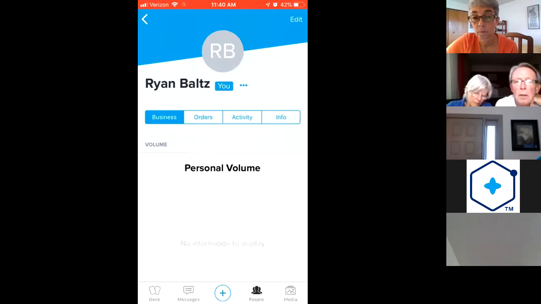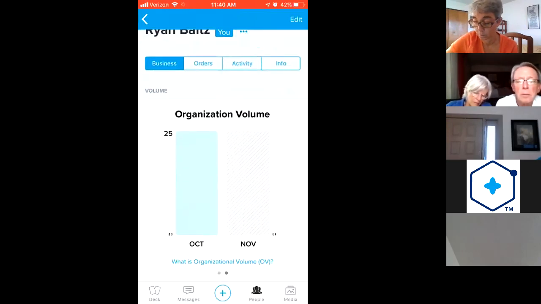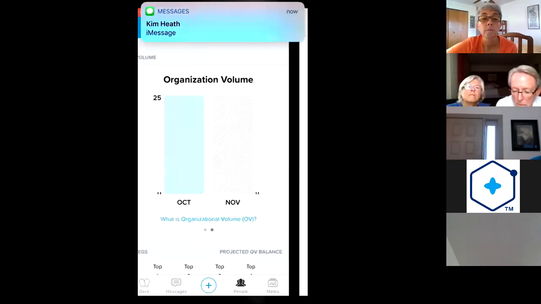And Kim's will also have this, but what it first has is personal volume. Now, again, this is a test account, so I don't have volume. But if you swipe to the left, you get organizational volume. Now, these will show on the left, the previous month, on the right, the current month. On the top, that number 25 shows the actual volume for the previous month. On the bottom, which isn't displaying right,